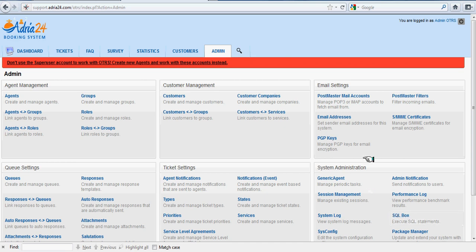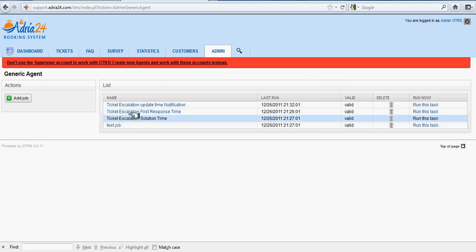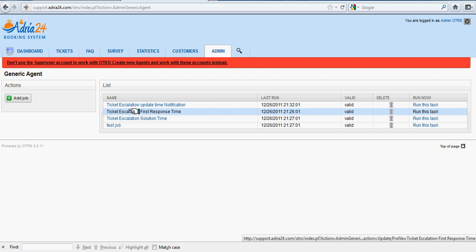Hi there. Now we're going to discuss sending notification to an agent when a ticket is escalated for first response time. Afterwards we have to discuss update time and solution time. Now we'll click on generic agent in system administration, and here we have ticket escalation first response time,